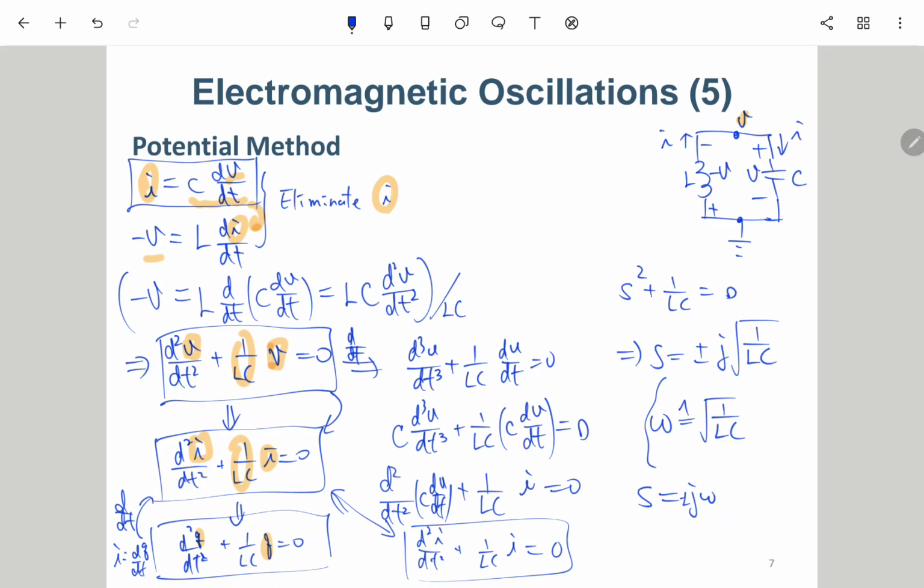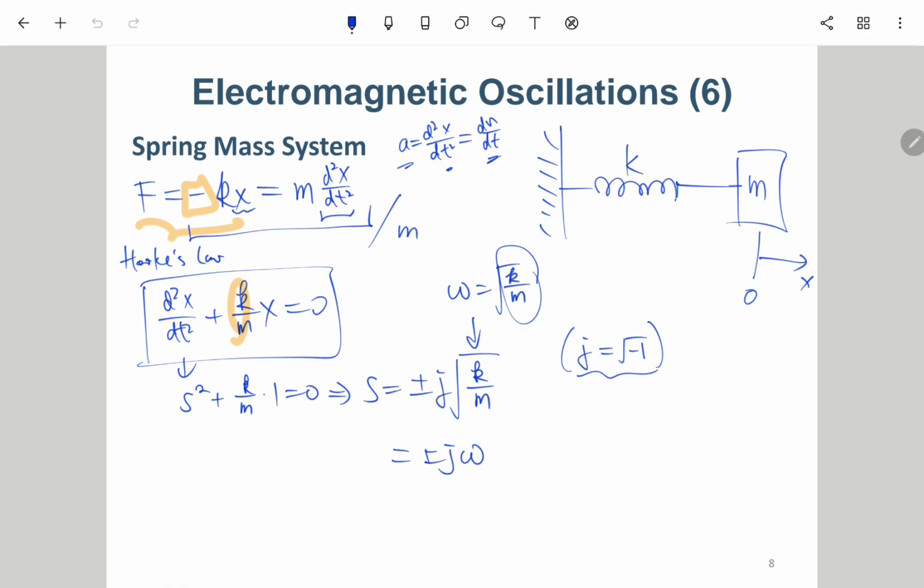So both of them become s equals plus or minus j omega. But the only difference is that this angular frequency is the square root of 1 over LC, and this one is the square root of k over m. Okay, so according to what we have learned before,